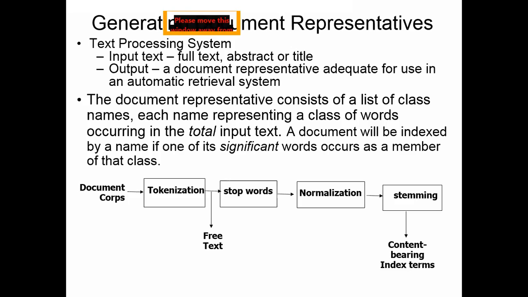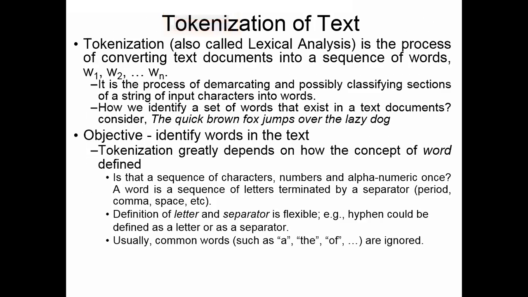As a result, for multimedia, it's better to go for free text if we are using text as a base for searching. But nowadays, mostly, even for multimedia, it's better to go for content-bearing image, audio, video searching. So in general, for textual document collection, it is better to go for content-bearing index term query term selection, because it has many advantages. You will see.